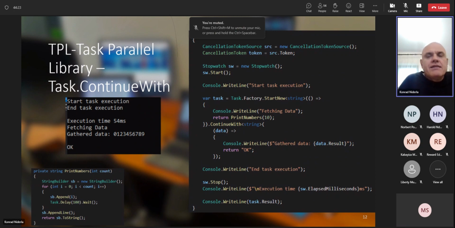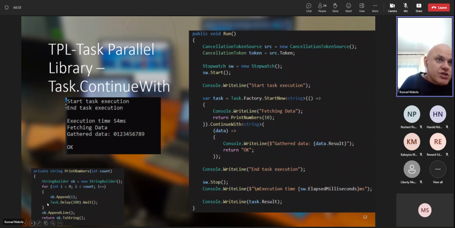But I wrote the data and it will stay presented in this manner. And what happened? Next part of our task receives a previous task. The first task takes some time, about 1 second. We know that it takes about 1 second to execute, because we are passing 10 to our print